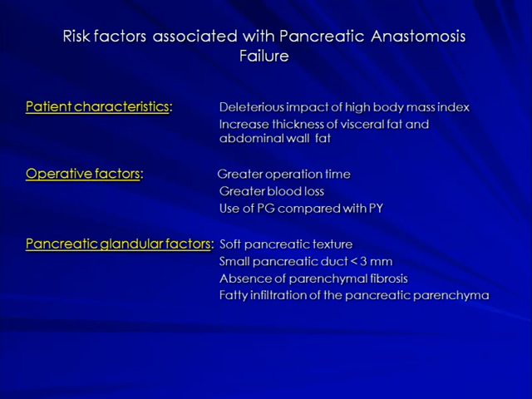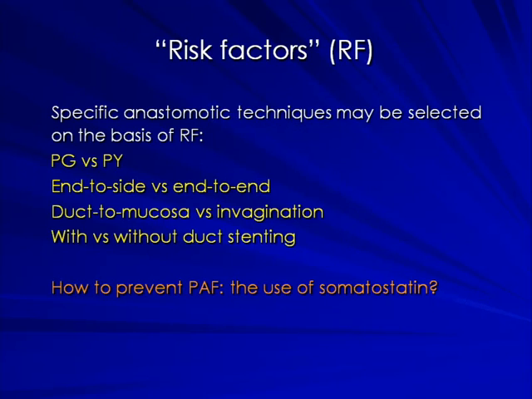What are the risk factors associated with pancreatic anastomotic failure? It has been identified: patient characteristics, the deleterious impact of high body mass index, increased thickness of visceral fat and abdominal wall fat; operative factors, greater operative time, greater blood loss, use of pancreatogastrostomy compared with pancreaticoduodenostomy; and pancreatic glandular factors such as soft pancreatic texture, small pancreatic duct less than 3 millimeters, absence of parenchymal fibrosis, fat infiltration of the pancreatic parenchyma. Risk factors may be selected on the basis of